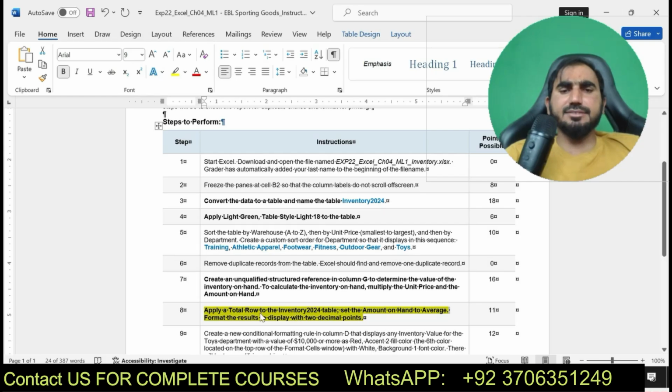Apply a total row to the Inventory 2024 table. Set the amount on hand to average. Format the result to display with 2 decimal points. Here you can see I am going to solve step number 8.